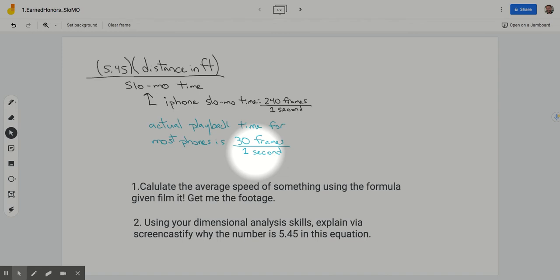But this is just a really cool tool to calculate how fast something is going, the average speed of something with your slow motion camera in under a minute, right? You can do this super quick. But what I want you to do,